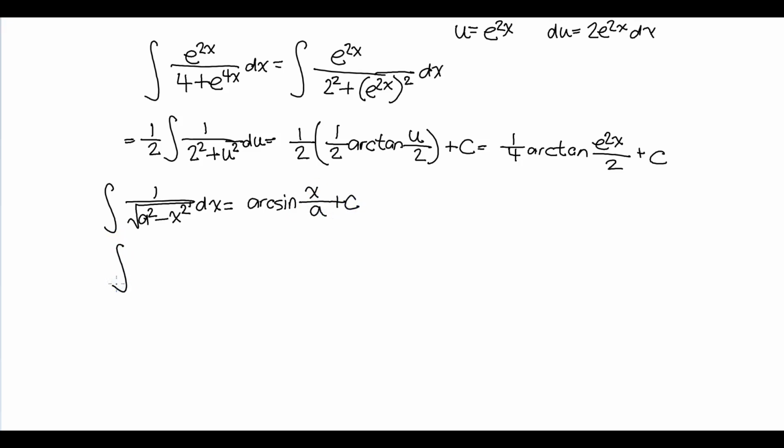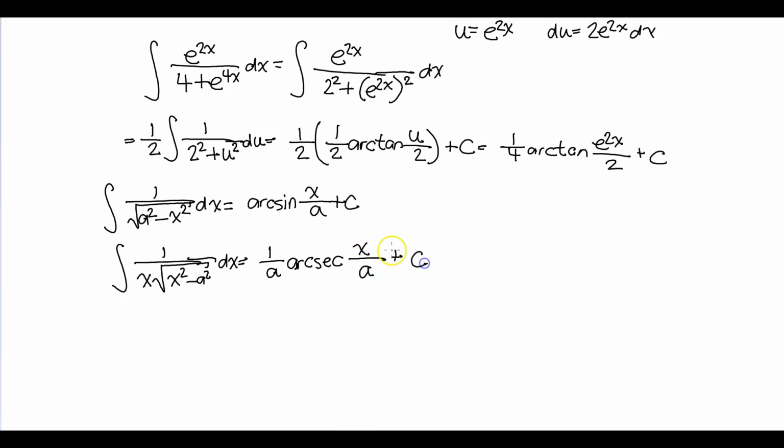Okay, the integral of 1 over x times the square root of x squared minus a squared, where a is any positive constant, is equal to 1 over a times the arc secant of x over a